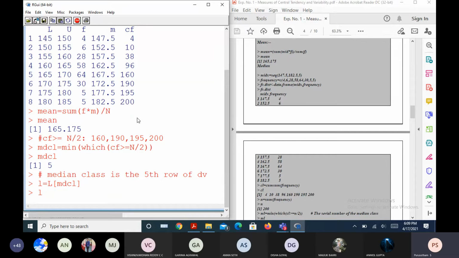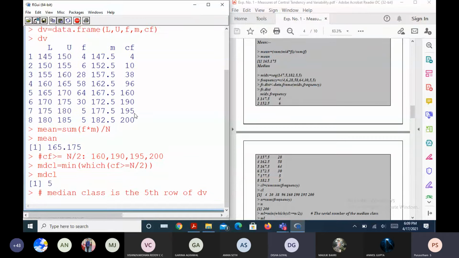Sir, the one with the highest frequency will be the modal class. No. The way we defined some syntax for the median class, is there a possibility of finding the modal class like that? Can you give me the expression so that I get the modal class?